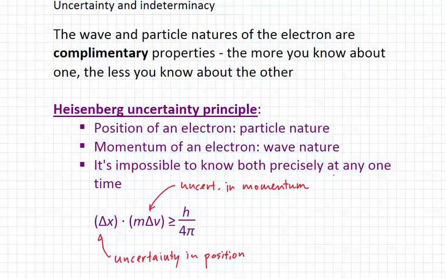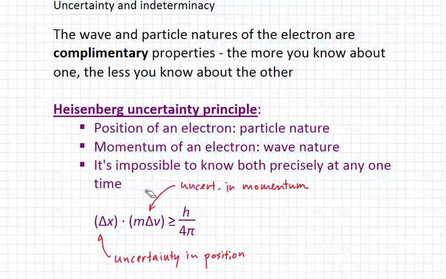When you multiply two things like that, what sort of relationship do they have? Are they directly proportional or inversely proportional? Or what do you think? Like think of P times V in the ideal gas law. Anytime you're multiplying two things and it's equaling some kind of constant like that, if one of these were to increase, like if we had a huge uncertainty in position, we would have less uncertainty in momentum. Okay? And thought of that a different way, if we had less uncertainty in position, that means we know exactly or fairly close where an electron is. The uncertainty in its momentum goes up, so we don't know where it's headed.